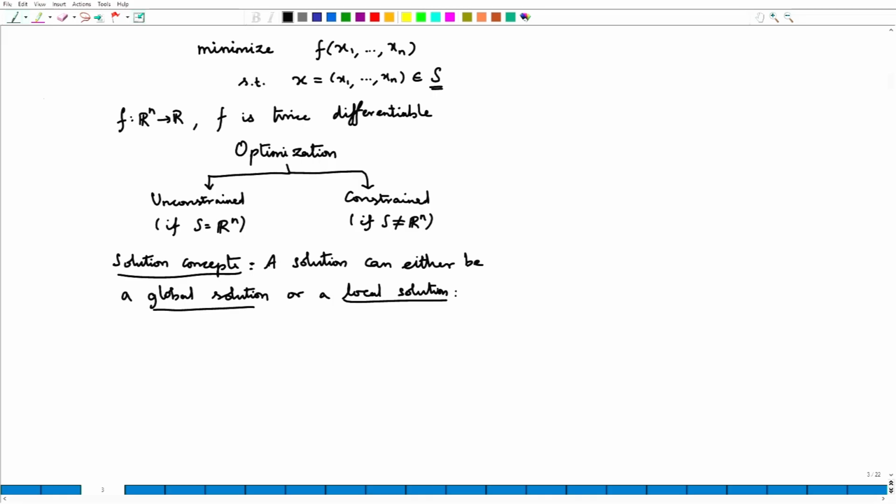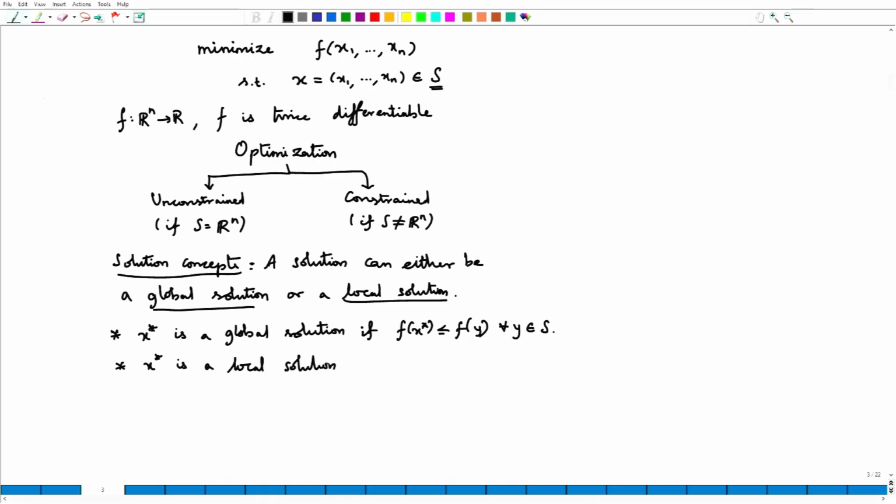So, what is the definition of a global solution? x star is a global solution of the above optimization problem if f of x star is less than or equal to f of y for all y in S. So, this is when we call x star a global solution, and it is a local solution if f of x star is less than or equal to f of y for all y such that